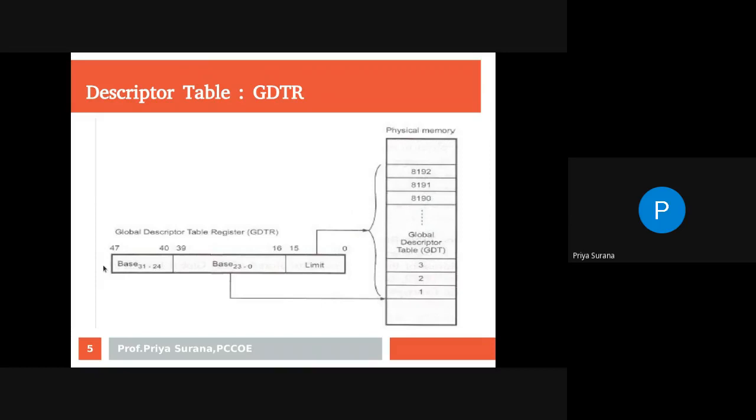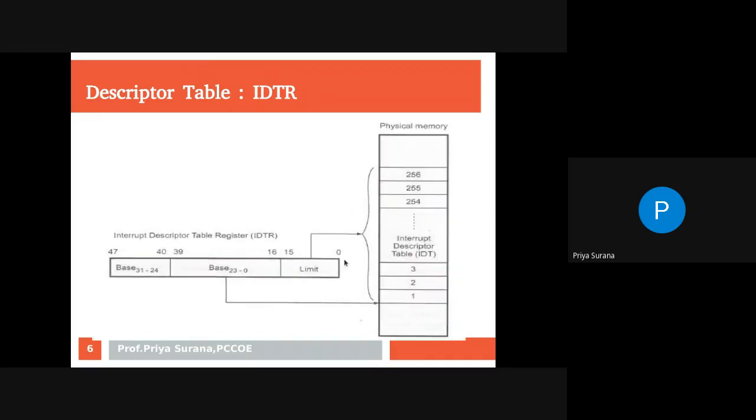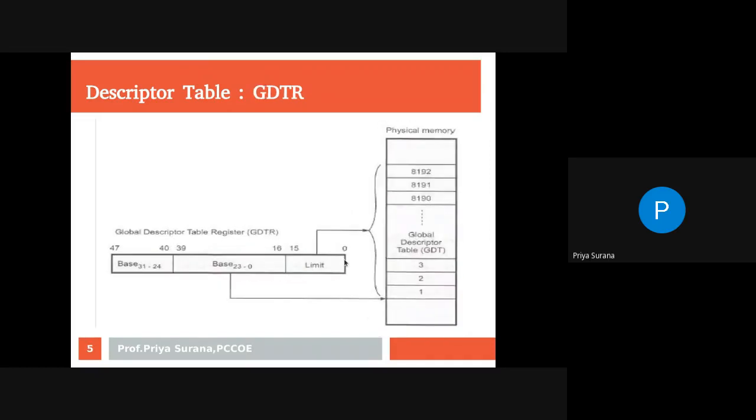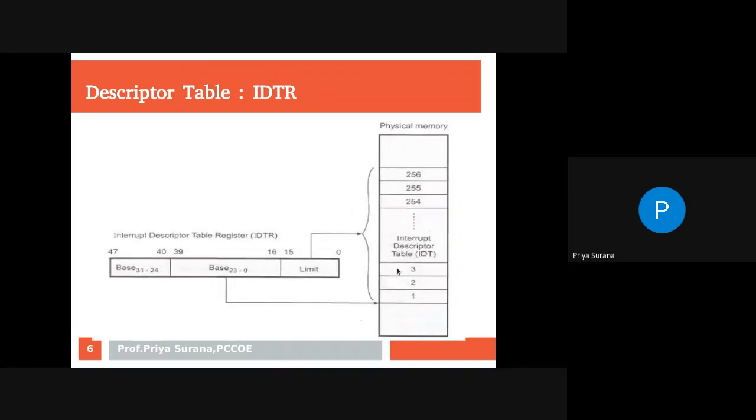You must be aware of the descriptor format. What basic information is required? That is the base and limit value. So GDTR will give the address from where the GDT table starts, using the base field, and the maximum size of this table can be checked through the limit field. One more point: 1 to 8192, because these many descriptors can be there in GDT. Now if you check IDTR, its size is also 48-bit.